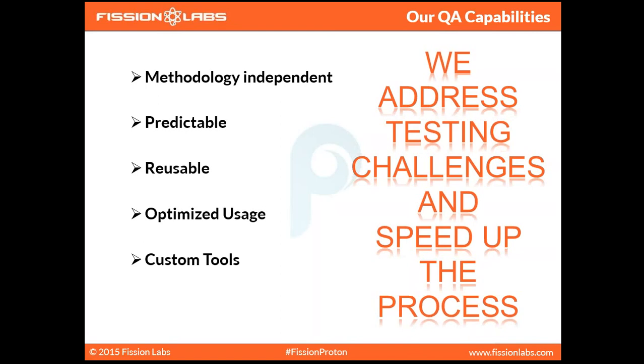And when it comes to reusability, we try to come up with a lot of components which are reusable and which can be utilized in different areas of the same application, like write once and use it in multiple places. That's the main target for us. That makes our solutions very optimized, and even the resource utilization will be optimized because of that approach. And we have developed some custom tools, which I am going to talk about in the next slides.